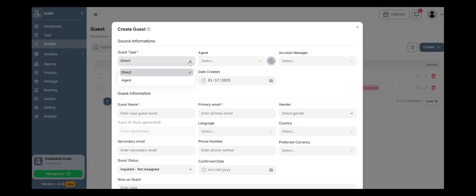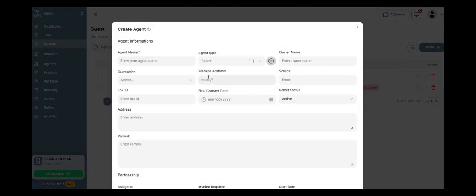Is it a direct guest, or is it an agency? Because you may work with agencies, the big travel company agencies. This is like ABC, I'm just putting it here, but it is based on your own agency. You can create as many agencies as you want, with the name here. Pretty much the standard things here: currency, website, and where you are meeting them. Some people just like to keep a record of where you met your agency. Is it one you got from a sales call, or the one who met you at a